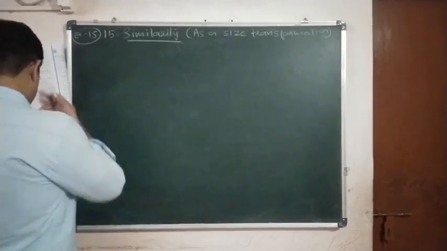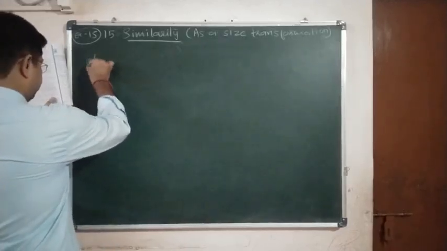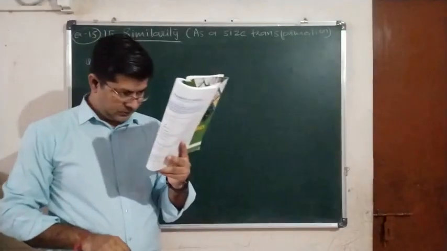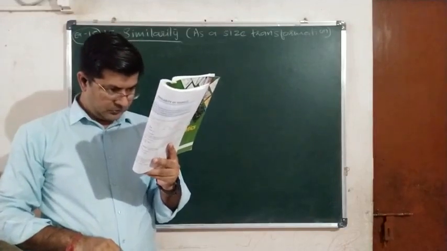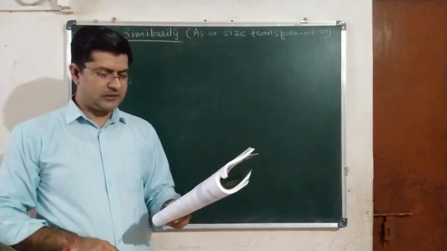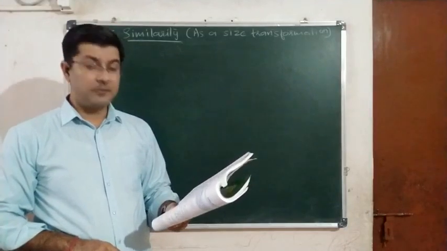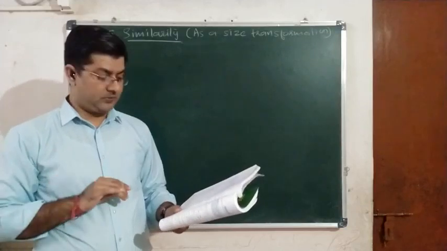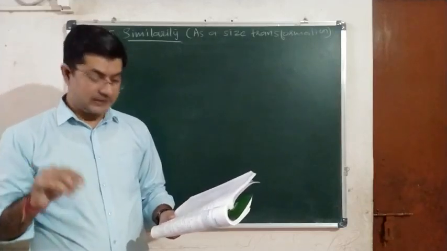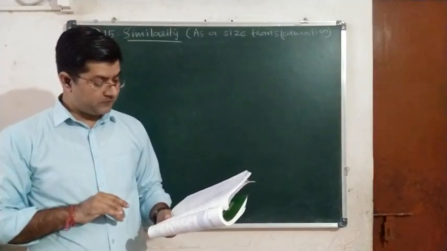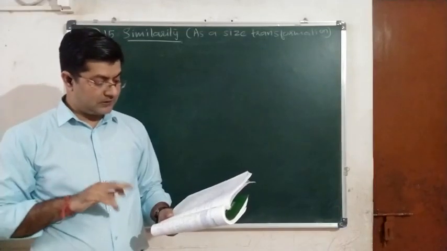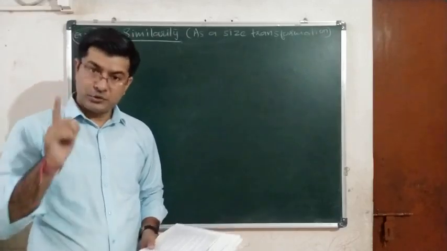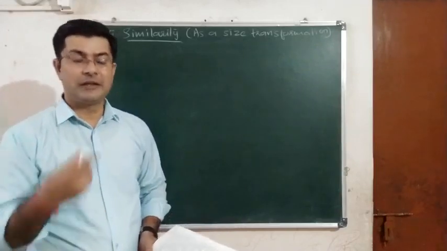Okay, so question number 6. The scale of a map is 1:2 lakh. A plot of land of area 10 square kilometer is to be represented on the map. Actual area of land is given, that is 10 square kilometer. You are given the scale, that is K, 1:2 lakh. Number 1, we have to find the length in kilometer on ground represented by 1 centimeter on the map. So you are given the length on the map, we have to find the actual length.